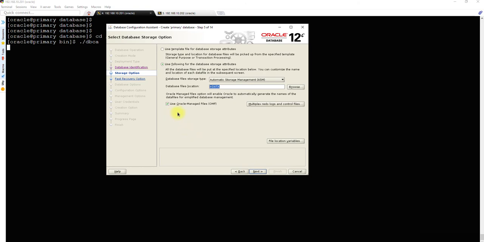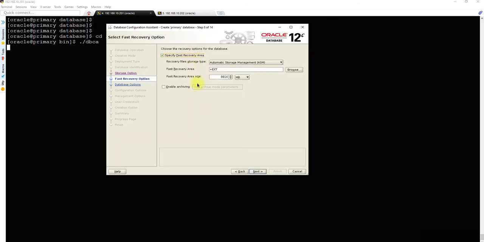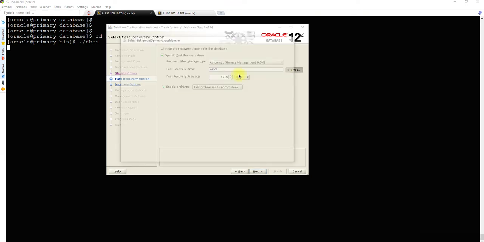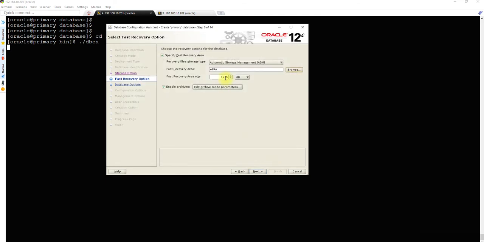because it can become very complicated if you have a lot of directories, right? You have to manage a lot of directories. But with OMF, as we all must know because we are DBAs, OMF helps you negate the complexity of maintaining the directory structure. You just mention the initial part of it and it will take care of everything, including the naming convention, okay. So let's move on. Specify the fast recovery area, and we will enable archiving as well. It is using an incorrect disk. We have to use FRA, okay. So whatever disk you are selecting, make sure it's proper.